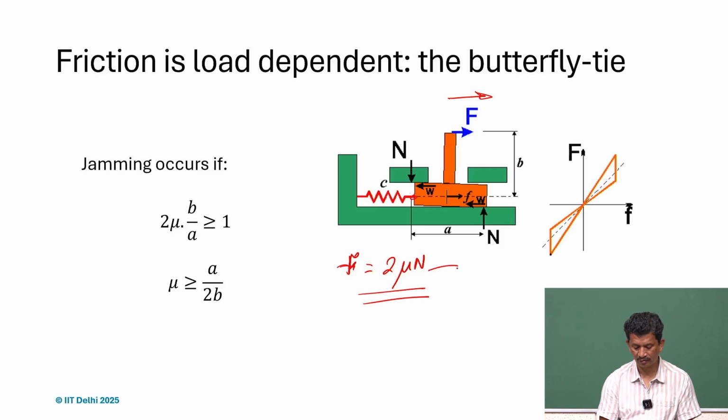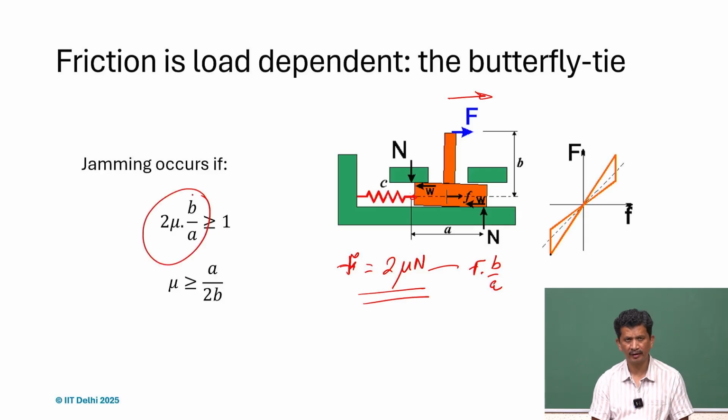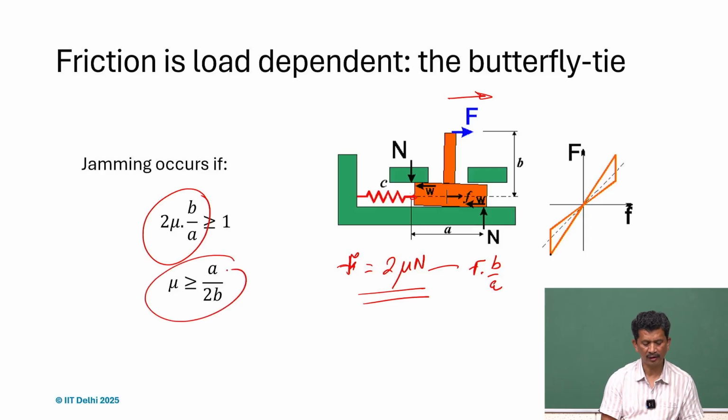Where n is F B by A. So if this value 2 mu B by A is greater than 1, or if we rearrange, what we realize is that mu is greater than A by 2B, so a function of A and B. So what we can say is, if